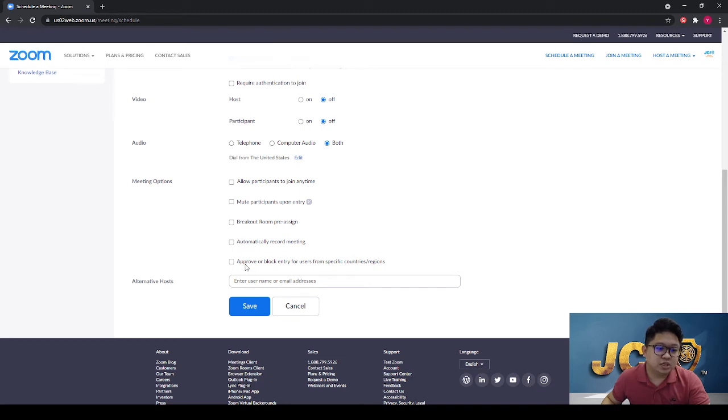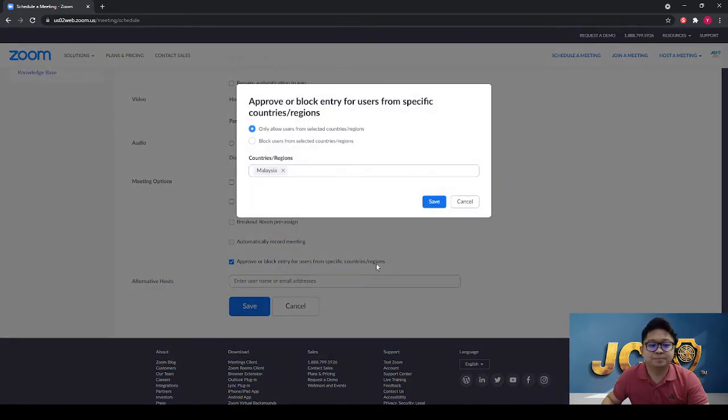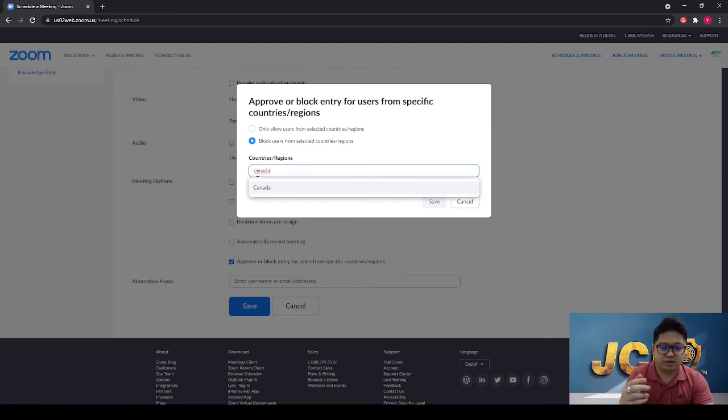And then this one is another interesting option as well, as you can approve or block the entry of a user from specific country. Okay, if you click this, you can set only allow user from the selected country, or you can block user from the selected country. Like, take example, oh, this one will be very sensitive. I just take an example, you can block people from Canada. Okay,